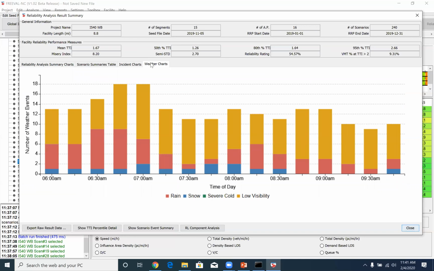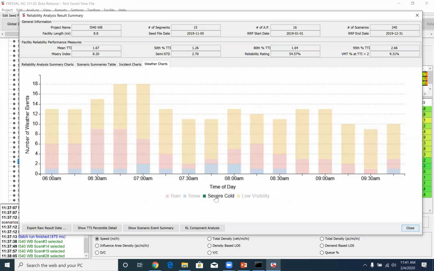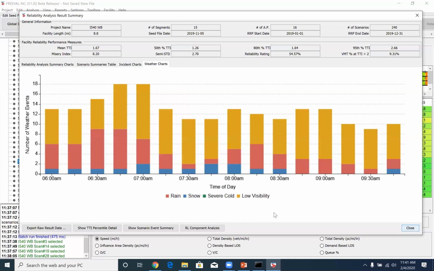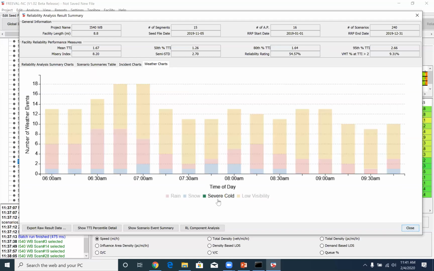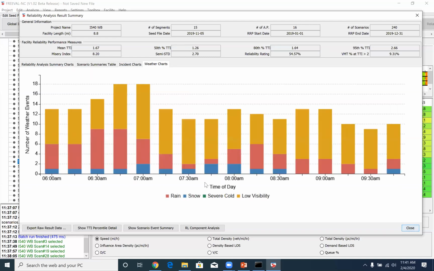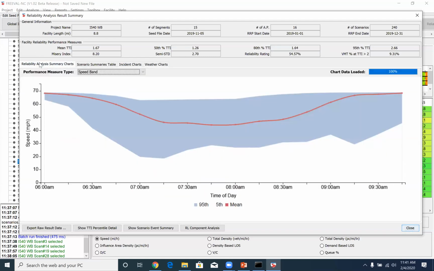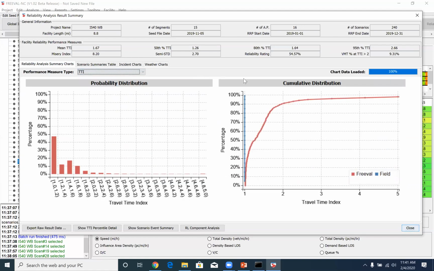Of course, we can take a look at weather and see how weather events are distributed across different hours of the day and what type of weather categories there mostly are. As you can see, they're mostly low visibility and rain in North Carolina as opposed to severe cold and snow. So with that said, this shows one complete run of reliability analysis, creating scenarios and looking at the overall performance measures,